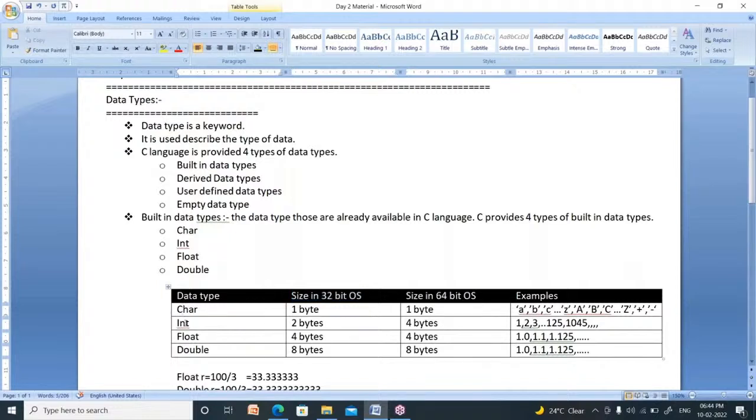The size of character in 32-bit operating system is 1 byte. In 64-bit operating system also 1 byte. The size of integer in 32-bit operating system is 2 bytes, whereas in 64-bit operating system it is 4 bytes. The sizes of float and double are the same in 32-bit as well as 64-bit operating system.